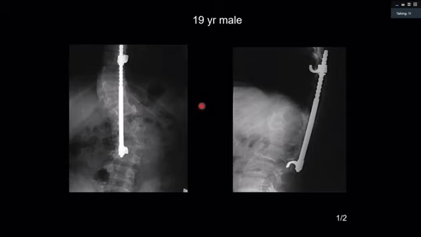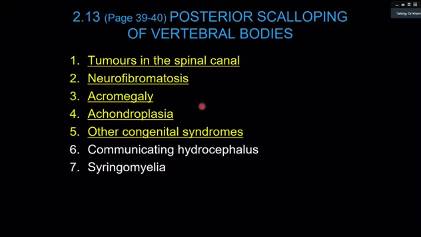These appearances would be in keeping with a chronic, possibly congenital disorder. So the differential. This was the differential. Yeah, so the differentials again would include